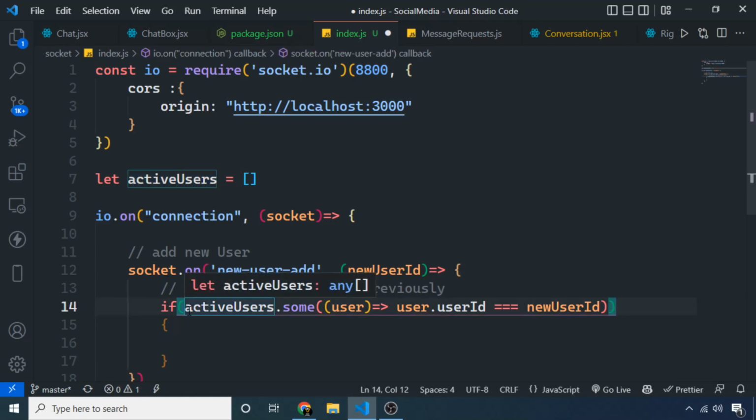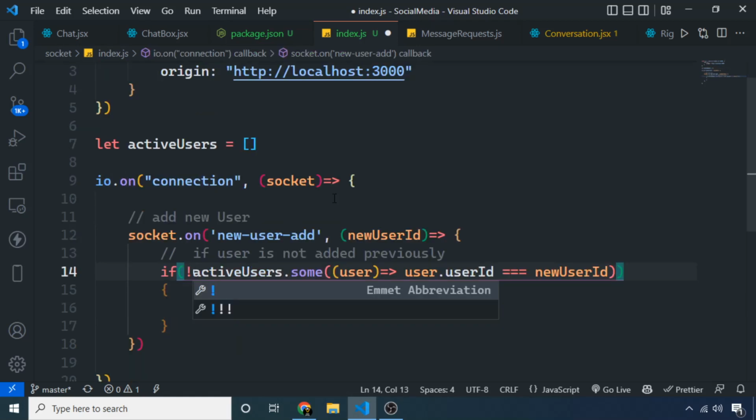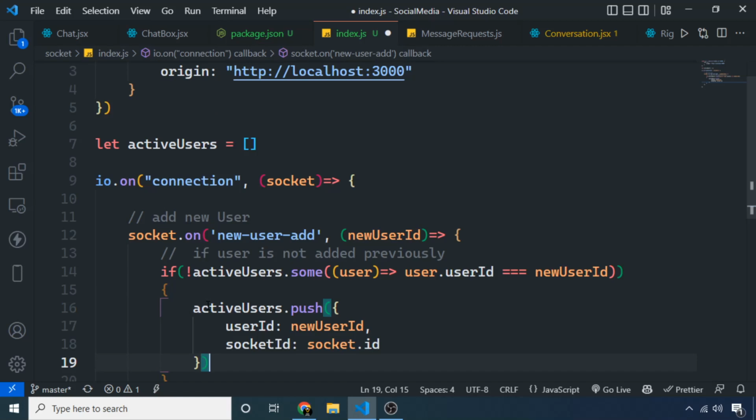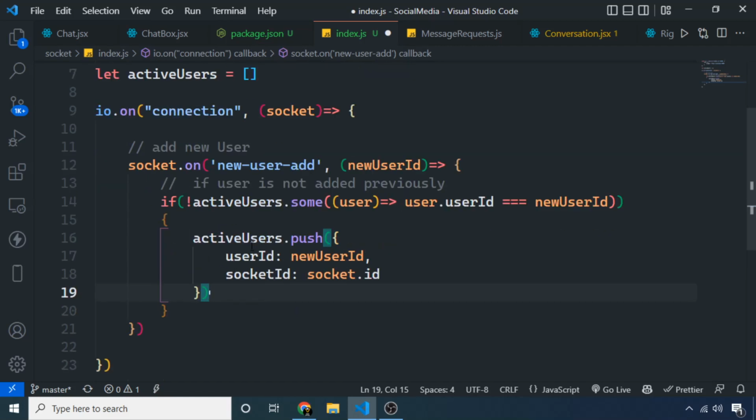So therefore here I am making a negation, means if the user is not already registered to any of the sockets, then active users dot push the new user with the user id that is the parameter, and the socket id is provided by socket connection itself. It will always assign a unique socket id, so you don't have to take care of it manually. And I will say